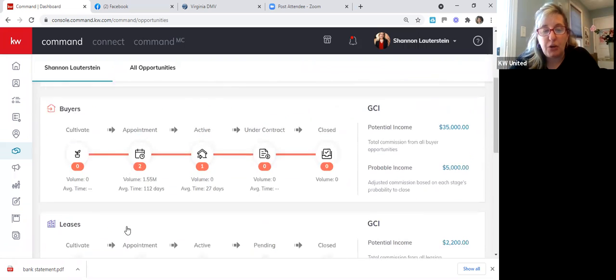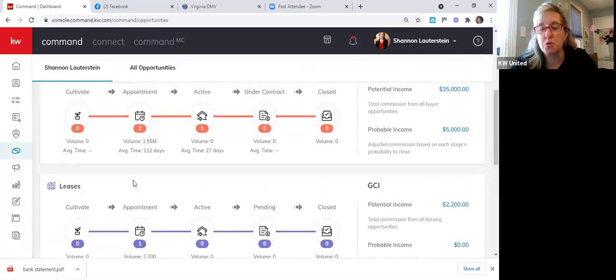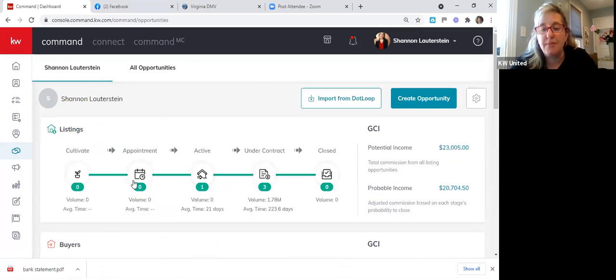So it shows listings and buyers, your leases, and then it shows you potential income, et cetera, that you would have coming in based on where you are in the process. The more you use the tools that are inside your opportunities at the right time and put in all of the information that it asks for, the more Command is going to help you predict what is going to happen with your income, what your conversion rates are when you go on appointments, and things that you may need to tweak in your business to achieve your goals. And maybe you're achieving your goals fast, and so maybe adjusting what your goals are